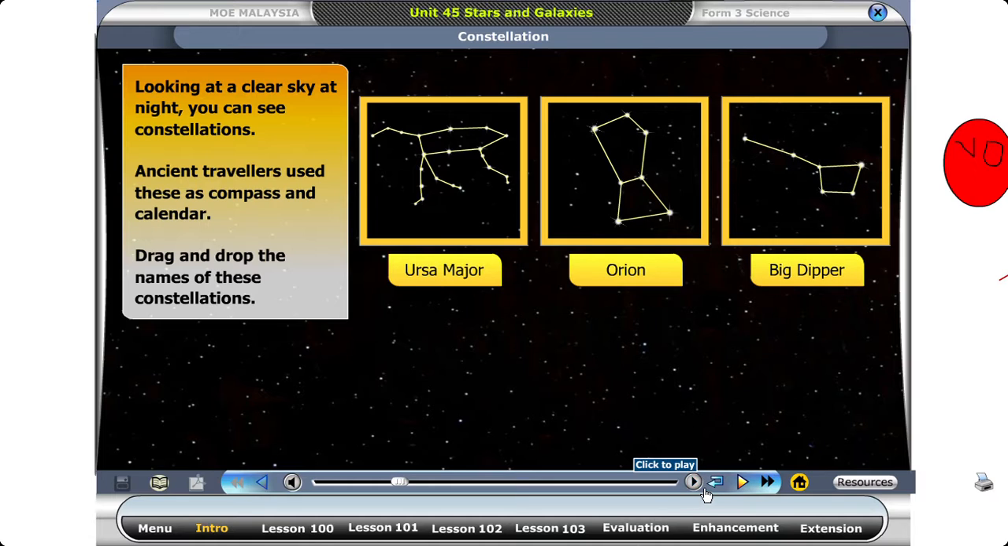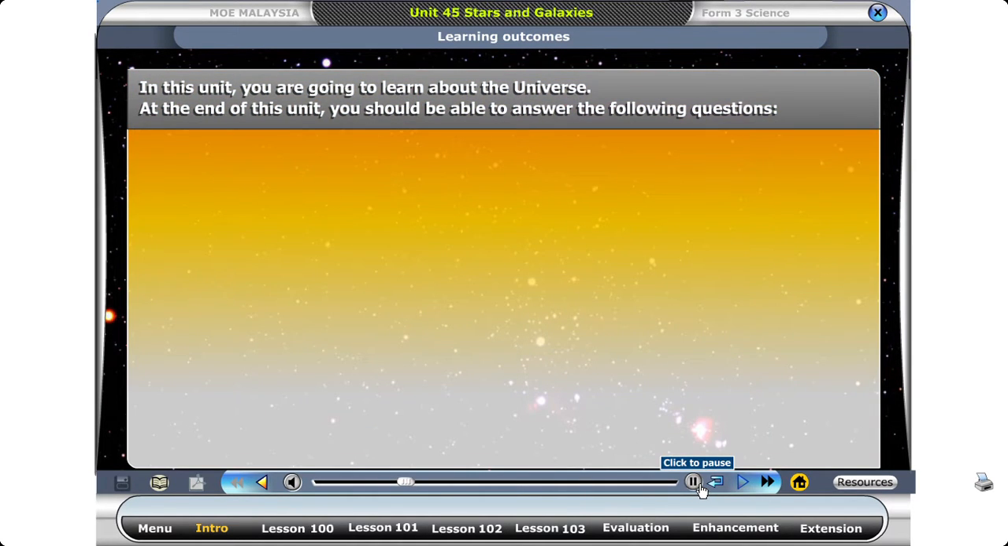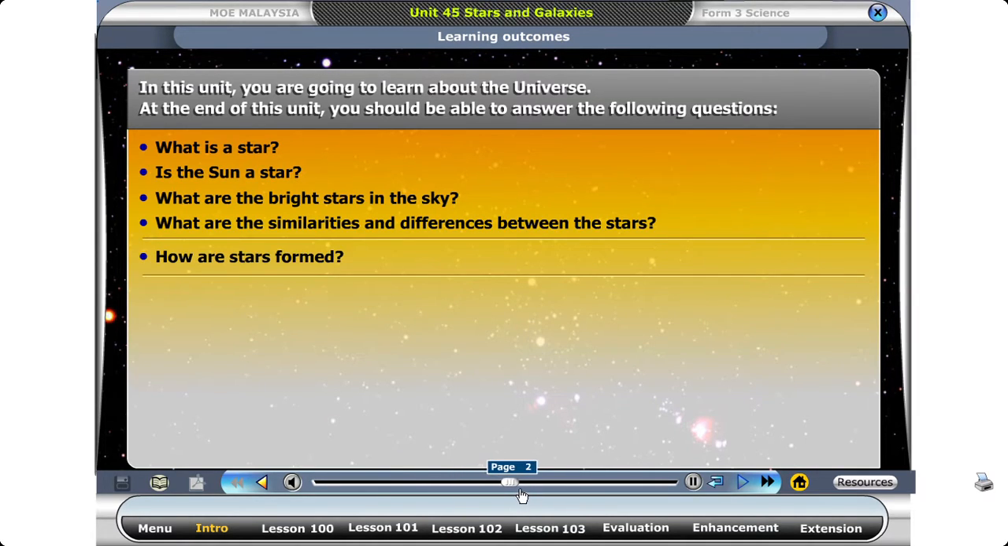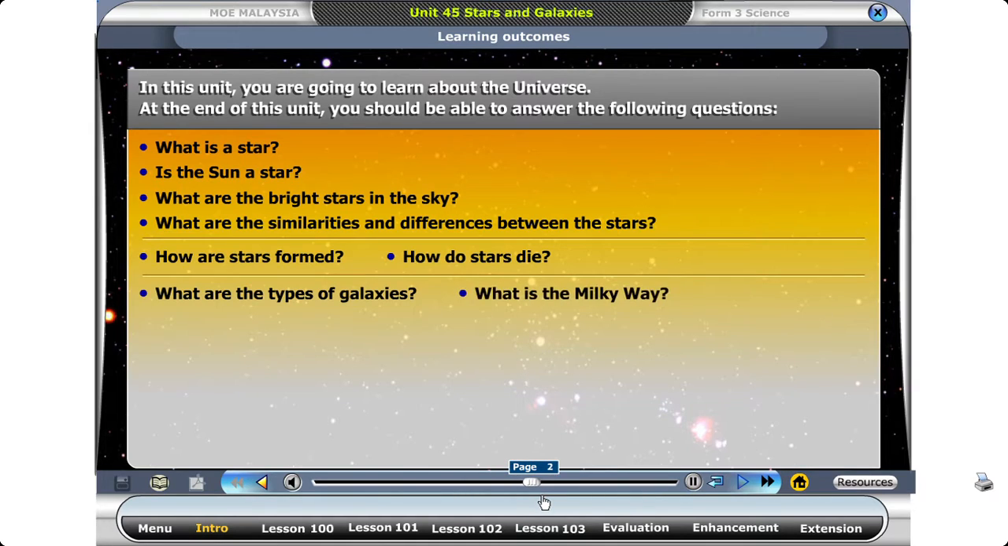Good! Let's learn more about the stars and the universe. In this unit, you're going to learn about the universe. At the end, stars. What is